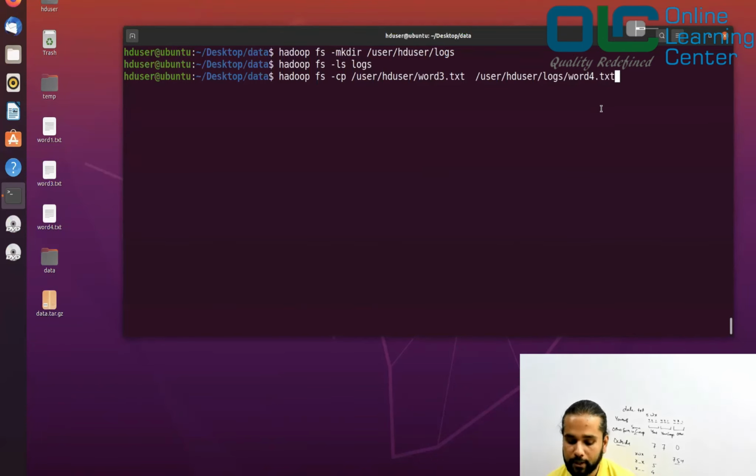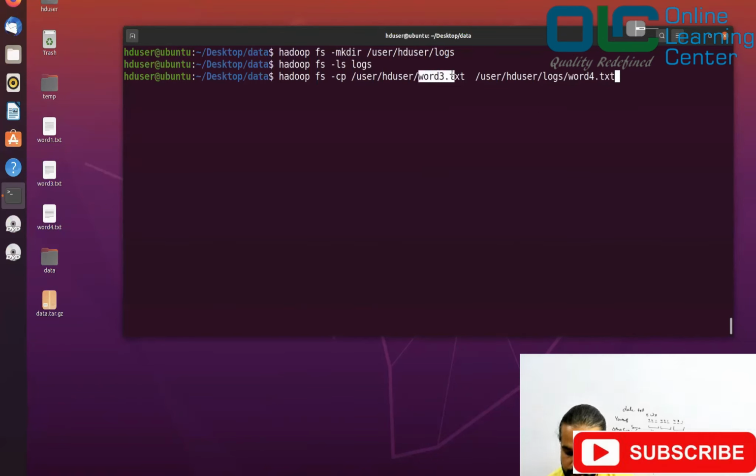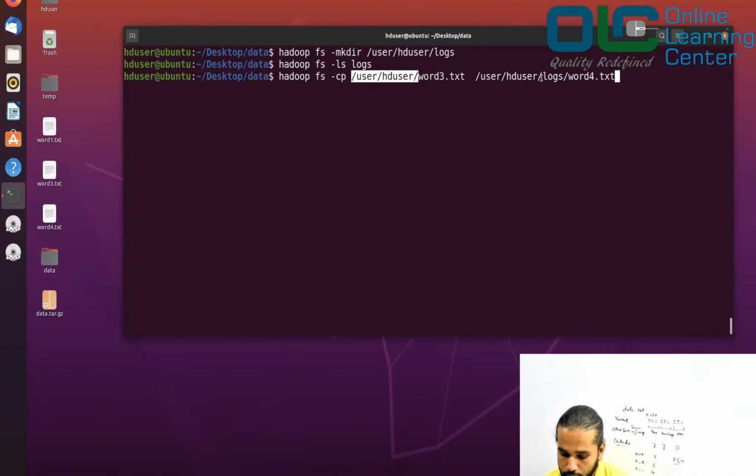You are trying to copy the file called word3.txt, which is present in this location, into your location called /user/sduser/logs/word4.txt, right? And this logs is basically a folder which you created recently. Inside that you want to have this file word4.txt. So hit enter, right? Done. So what we did is we copied this content to this word4.txt.